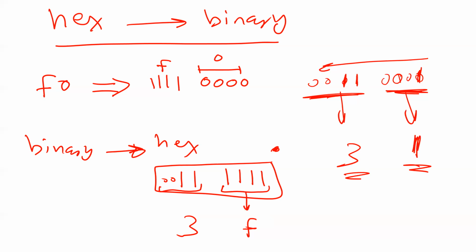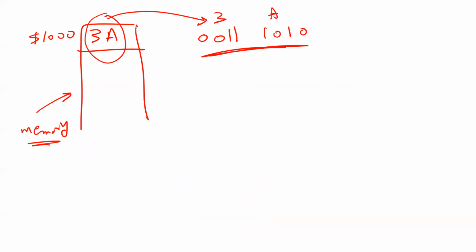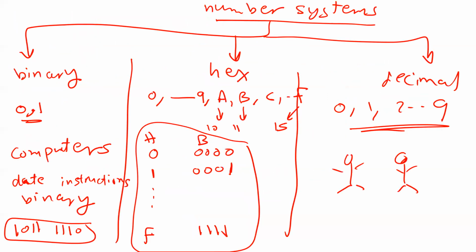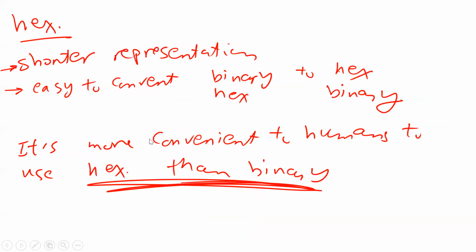Okay, guys, any questions? It's very easy. Right to left, make groups of 4, and then for every 4, convert. You should know this table. If you convert hexadecimal to binary, every digit here you are going to convert to this one. If you are doing the opposite, you are going to take these 4 bits and put the equivalent digit. Is that okay? Very easy, right?